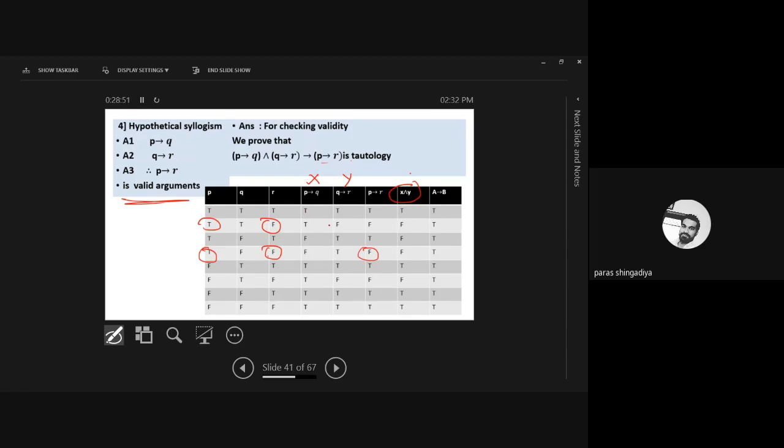As per the rule of the AND operator, if both are T, in that case it will be T. In all other cases, it will be false. So in the first row, both are T, so it will be T. In this fifth row, both are T, so it will be T. Then in the last two rows, both are T, so it will be T. In the rest of the cases it is false. These three rows are also false here, and the rest of all the entries will be T. That is the bracket answer.